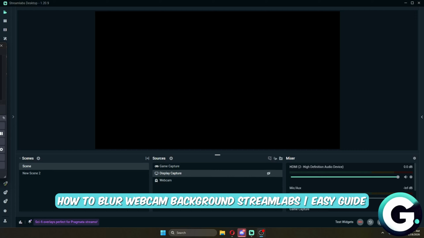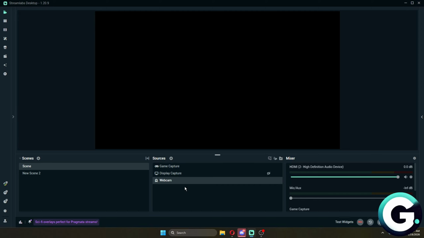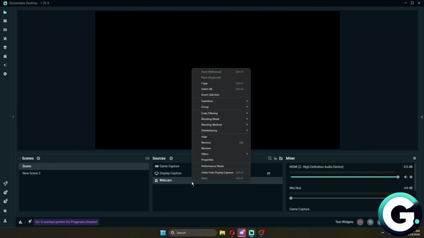How's it going, everyone? In today's video, I'll show you how you can simply blur the webcam background in Streamlabs. So basically, I'm going to be applying my blur onto this specific webcam right here. But to apply the filters or the background blur, right click on it, click on filters, and then